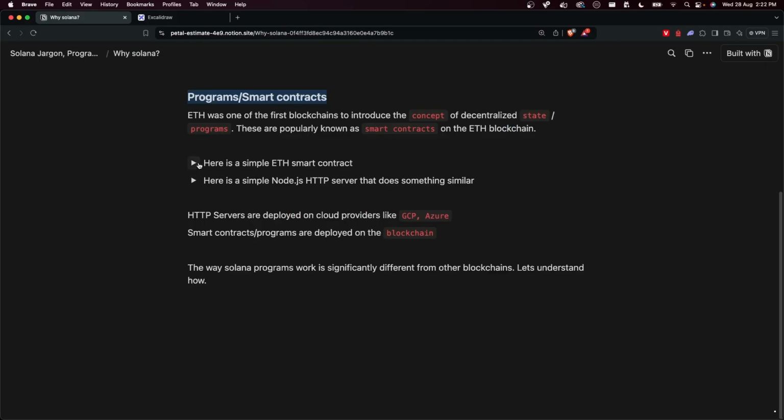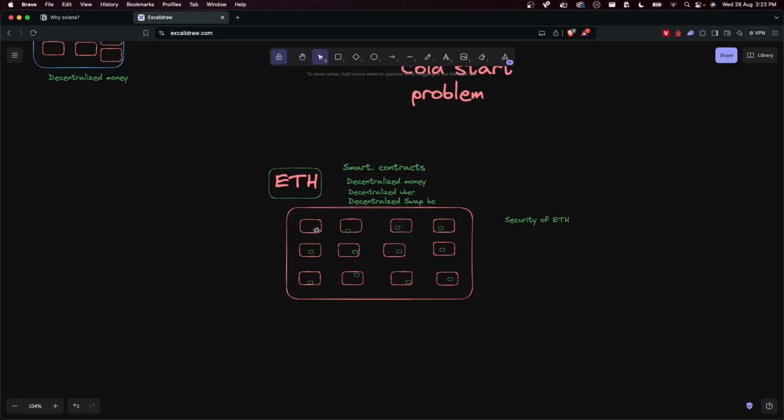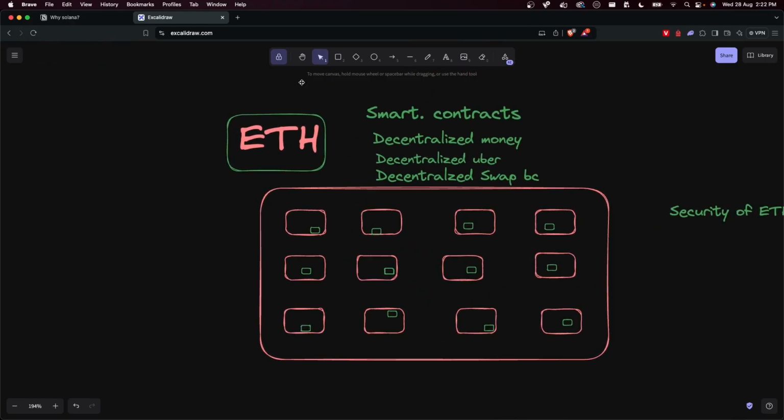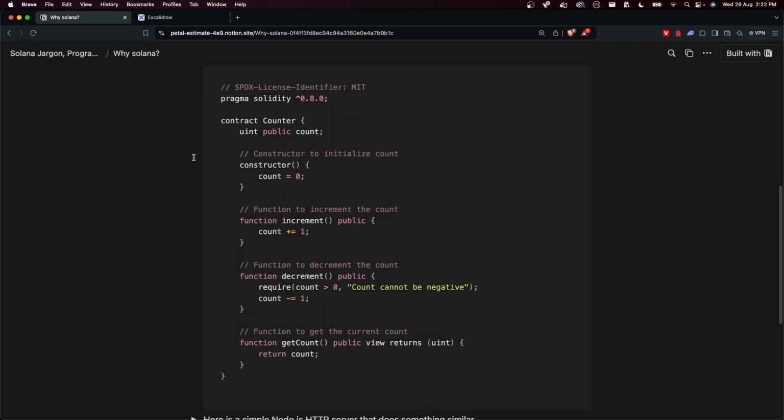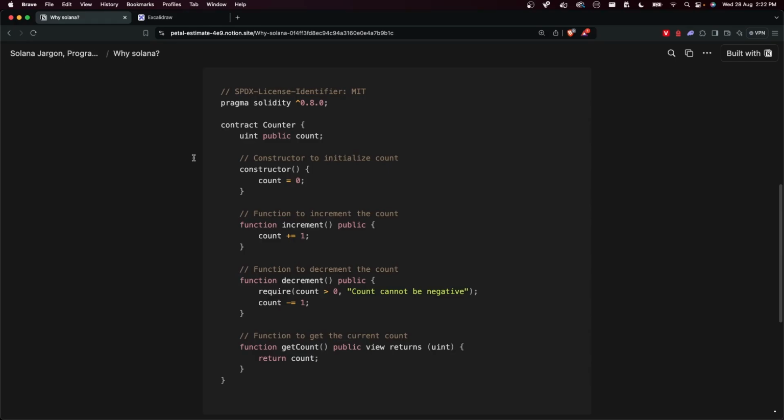If you are curious to look at a smart contract, here is an Ethereum smart contract. How do you write this? How can you deploy this small, green thing over here? The answer is by writing code that looks like this. Now, this might look a little overwhelming, but if you look at it, it is very similar to a class